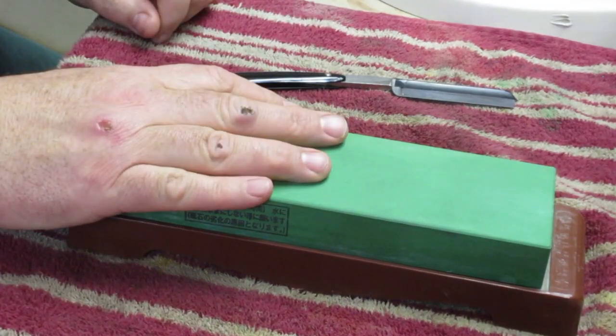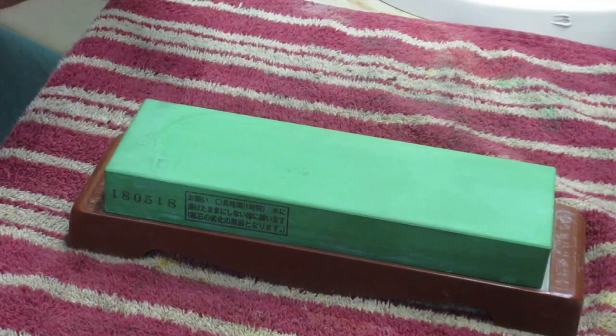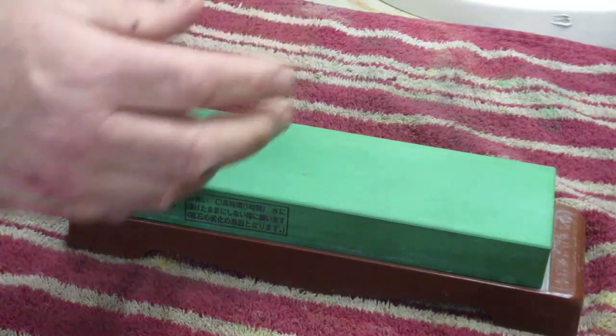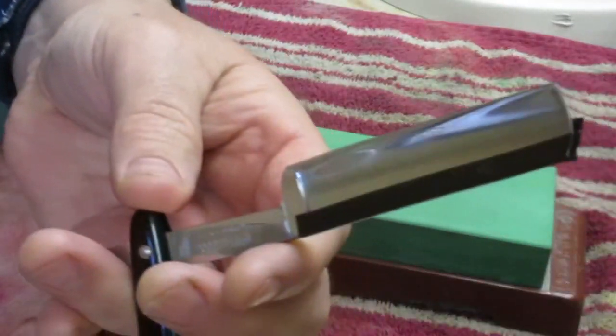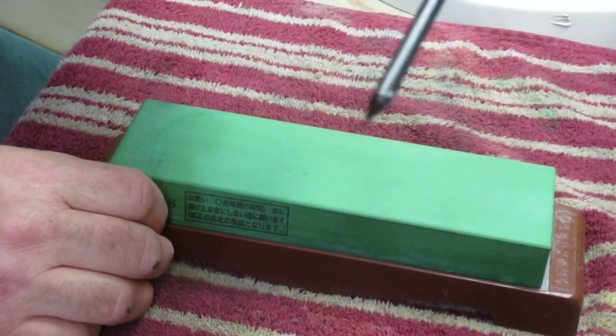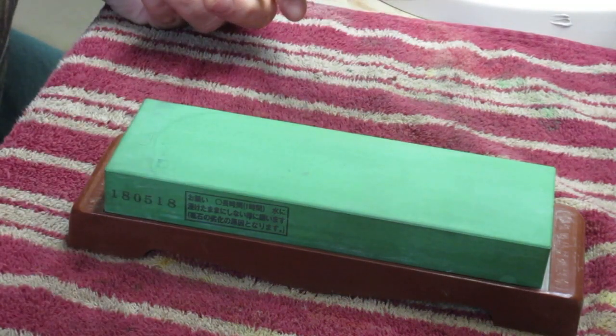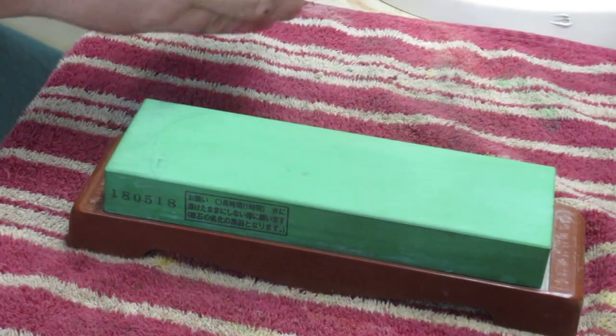This is a Chisara 1K. This is my Klaus straight. I have one layer of tape on the razor. We're going to set a bevel, and this razor is shave ready. So what we're going to do,